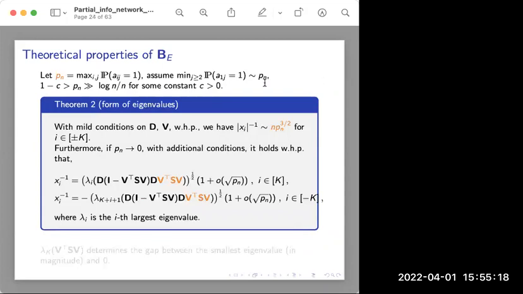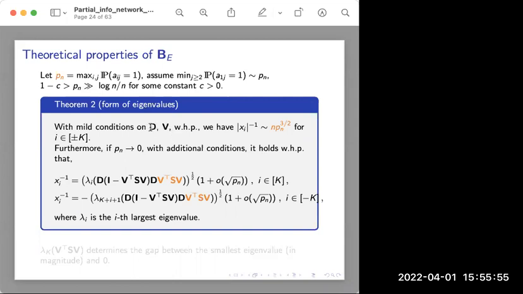Now, let me talk a little bit more about the form of the eigenvalues, which will play a role in spectral clustering. Let Pn be the maximum edge probability in the whole matrix. And we also assume the first row of A behaves like Pn. So we can think of Pn as essentially the edge density around individual one. And we will assume that it's dense enough that it's bigger than log n over n, and it's also bounded above in some way. Now, with some mild conditions on the D and V,